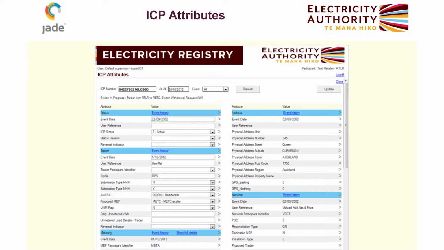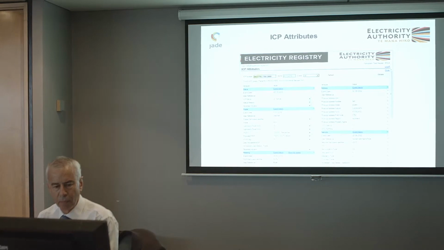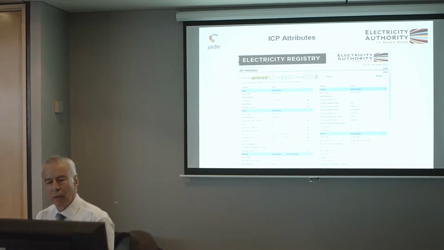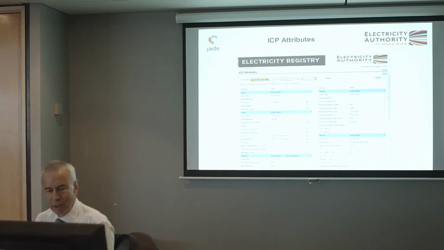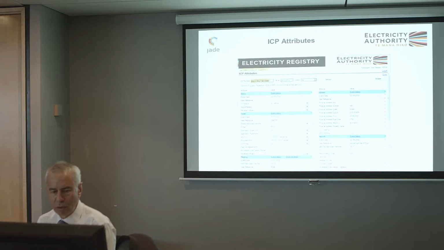Looking at that screen, you can see the ICP number that we've searched for. You can also see some other information like who's logged on and what company they work